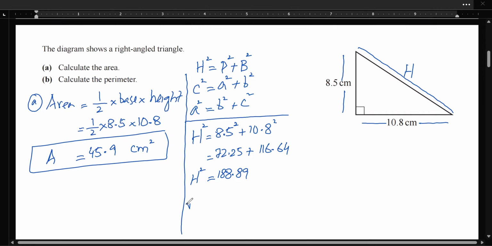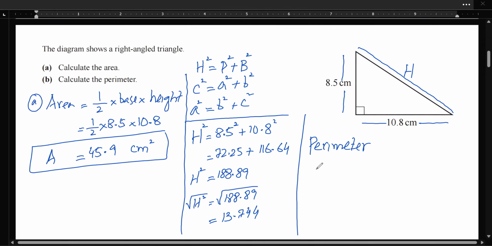To remove the square, we must take the square root on both sides. Yep. Remember, both sides. So let's take the square root of 188.89, and that gives you 13.744. But I'm looking for the perimeter, and for the perimeter,